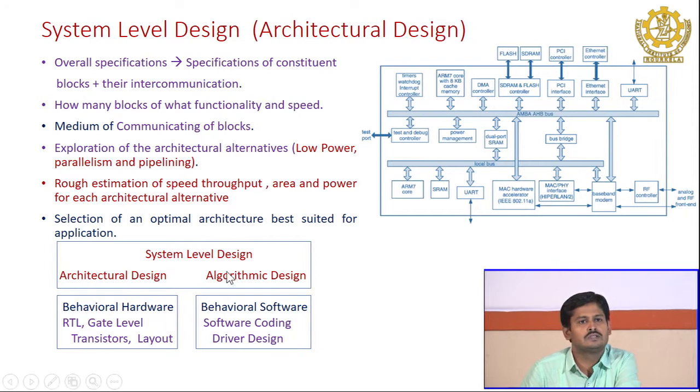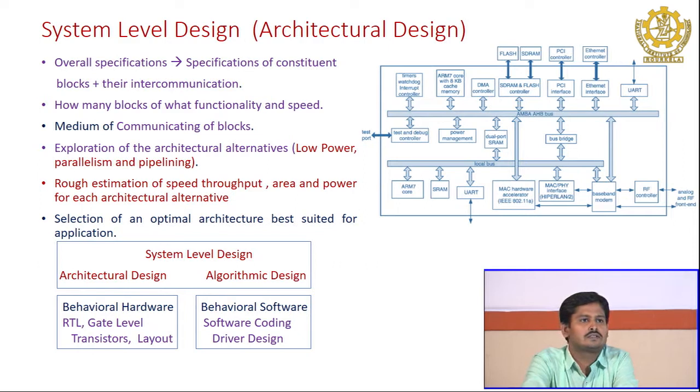Okay. So, in system level design, it is partitioned to specify what architectural design you are going to do, and how it is partitioned to give two sets of design. One is called architectural design and another is called algorithmic design. Architectural design, and the further steps of it we will discuss later, is something like how many blocks are there in your design and what blocks you need to design.